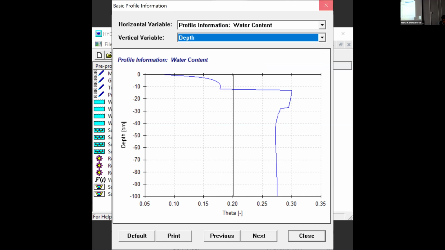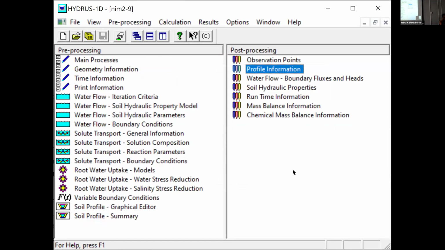I want to introduce you how you can use the generated or simulated data, for example from this project, and try to calculate further or make your own graph, because it doesn't give you the EC value and SAR value. So if we go to the directory of the project, we can see the